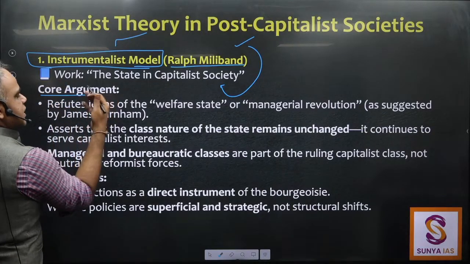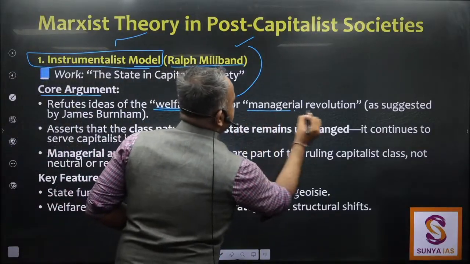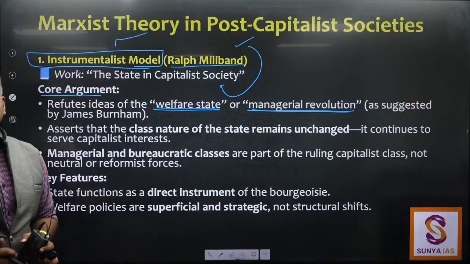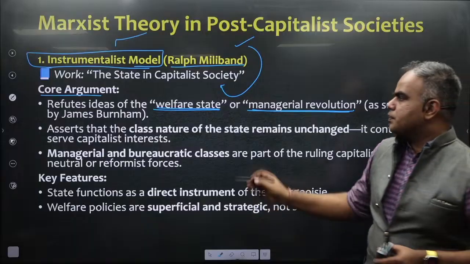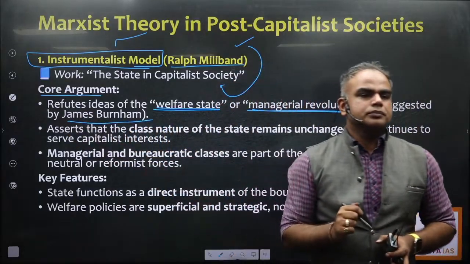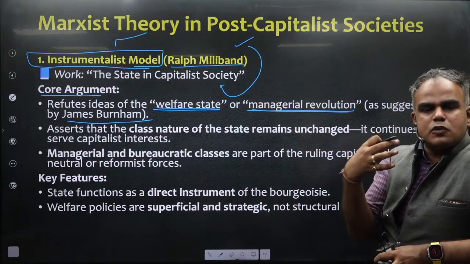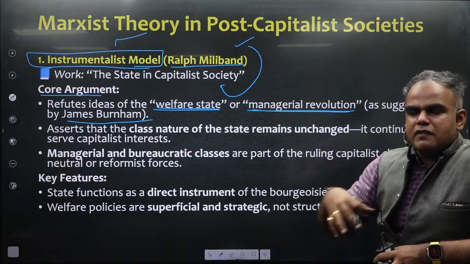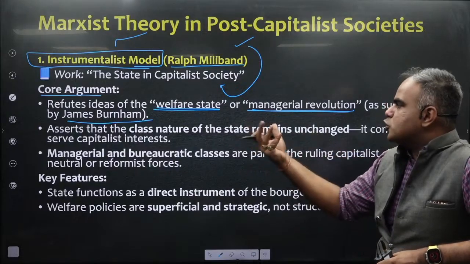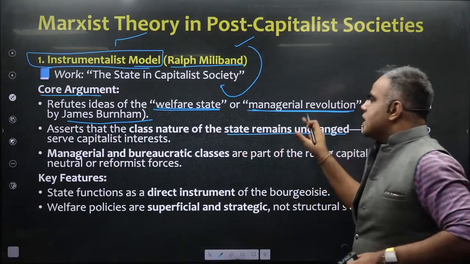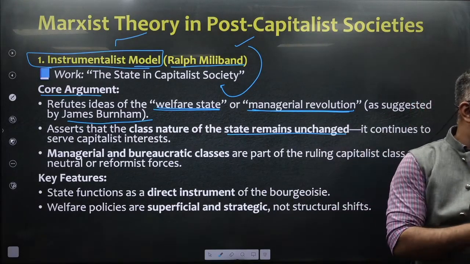So earlier there have been arguments of a welfare state. There was claims of managerial revolution. So managerial revolution is again a term that is used by, one second, James Burnham. So here in this model they are saying that the idea that the state will go for welfare and there will be a revolution done by the managerial class is not very true. State ultimately happens to be always a supporter, and this will always work in the nature of capitalist interest. This is the core argument that we need to remember.